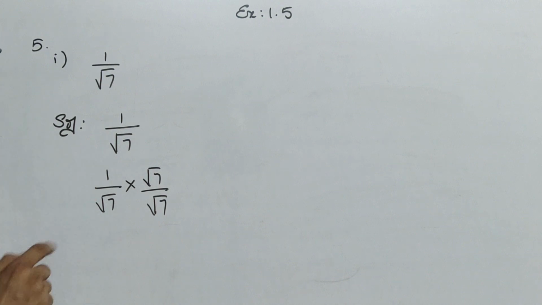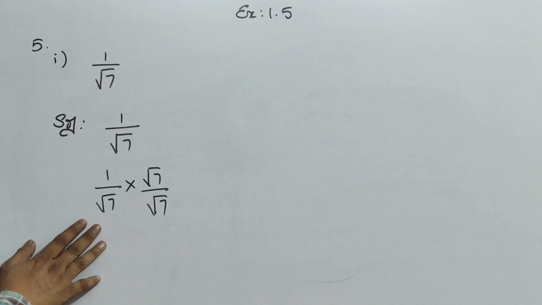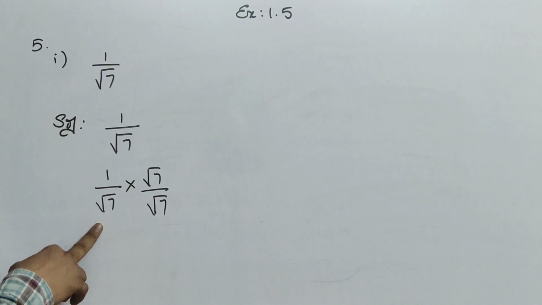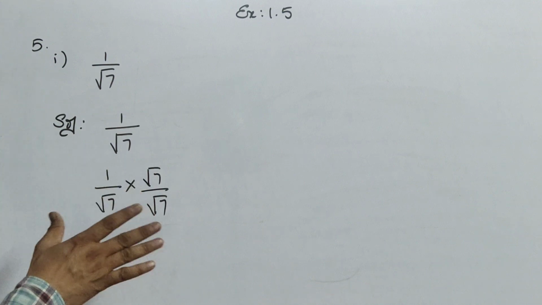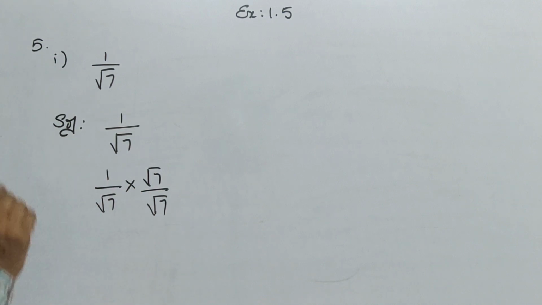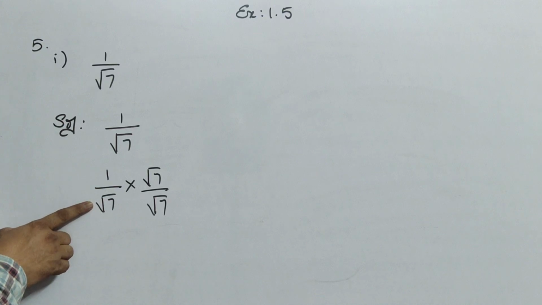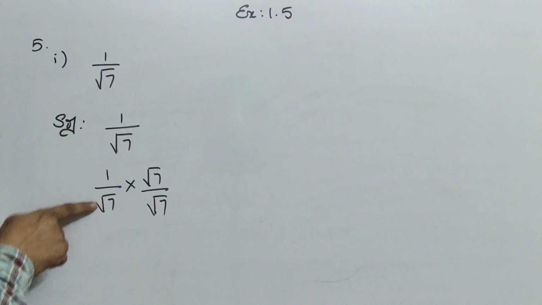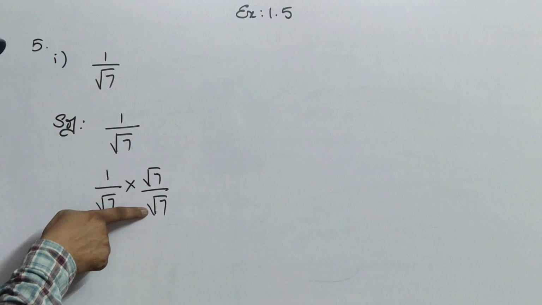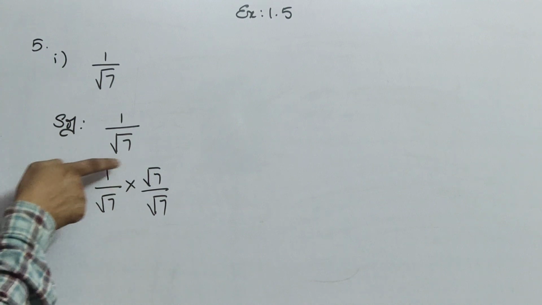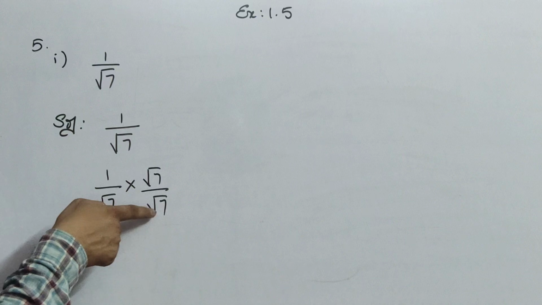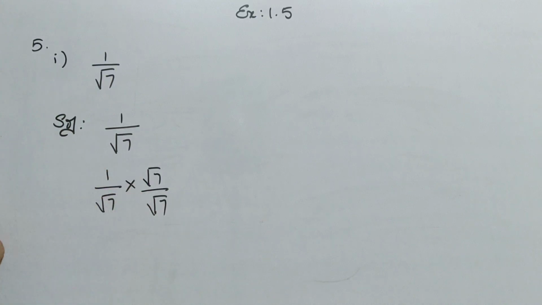That is, listen clearly. Here in the denominator there is root 7. Okay? So when they ask to rationalize the given number, the denominator, clearly as mentioned, rationalize the denominator. Most of the questions will be given as rationalize the denominator only. Okay? Because the topic is only rationalizing the denominator, not the numerator. So what is there in the denominator? Root 7. So since root 7 is here, multiply numerator and denominator. Again multiply this numerator with root 7 and this denominator with root 7. Same numbers, root 7 by root 7.